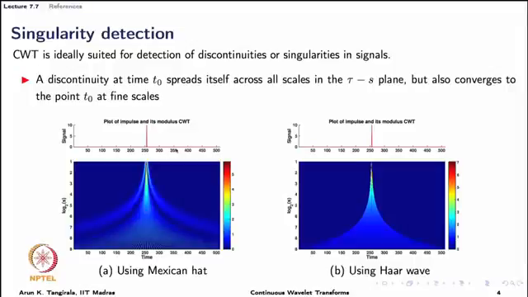In this problem, we are interested now in knowing what are those features in the modulus plot that converge to finer scales. If I find the modulus of the CWT converging like the way we see here from the coarser scale to finer scales, then that is a clear indication of the presence of a singularity. Of course, this is a qualitative statement. Now, we need to quantify this statement further,